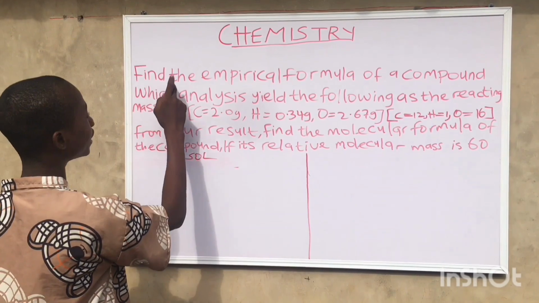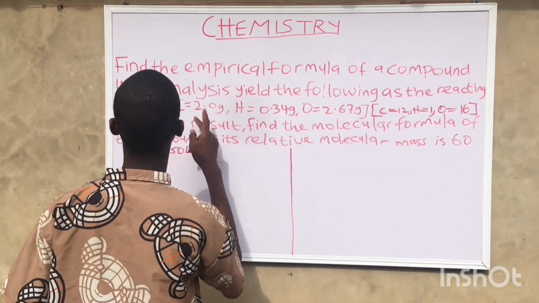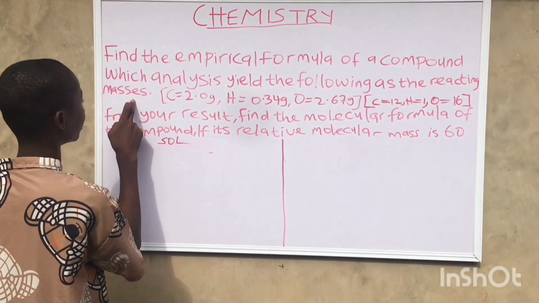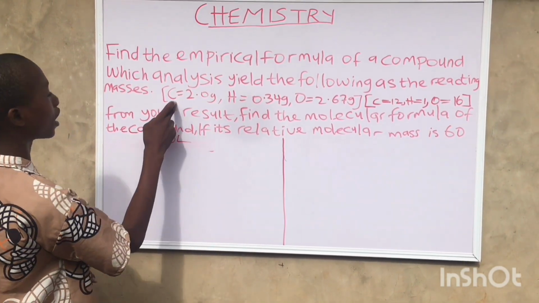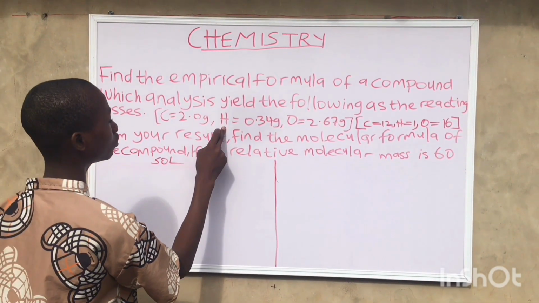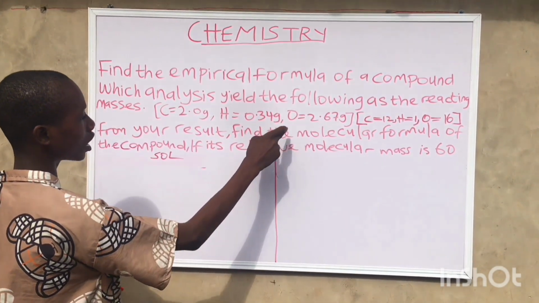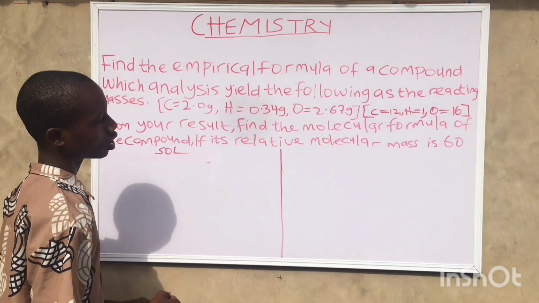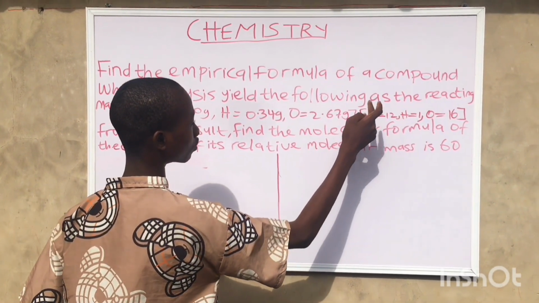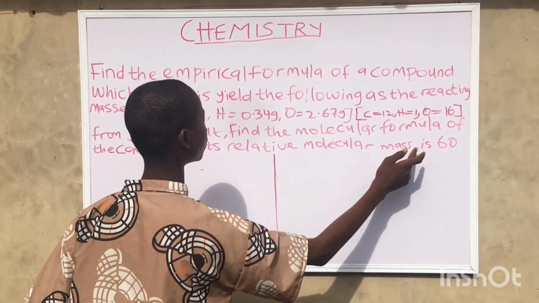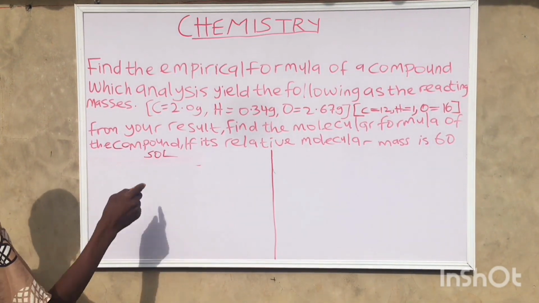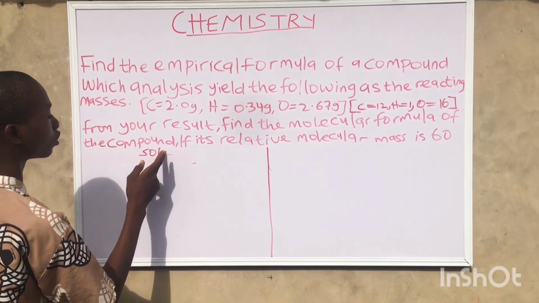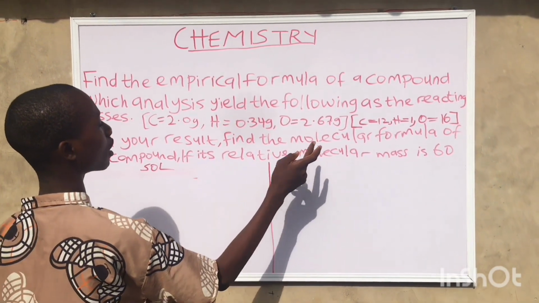Question: find the empirical formula of a compound which analysis yields the following reactant masses. Our carbon is 2 gram, our hydrogen is 0.84 gram, and our oxygen is 2.57 gram. They give us the atomic mass of carbon, hydrogen, and oxygen. Then from your results, find the molecular formula of the compound if its relative molecular mass is